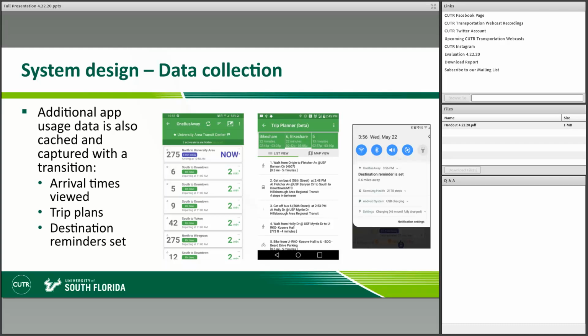So there's a feature that will alert the user when they should get off the bus based on their personal stop for their trip. And so we capture that as an indication. If the user sets that reminder, it's a pretty good indication that they're actually on that particular transit vehicle. And that could then be used later to help us determine whether an in-vehicle transition was actually them getting on the bus versus getting in a personal vehicle, among other things.